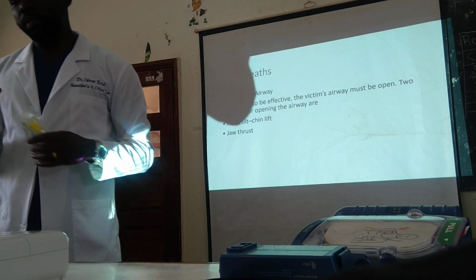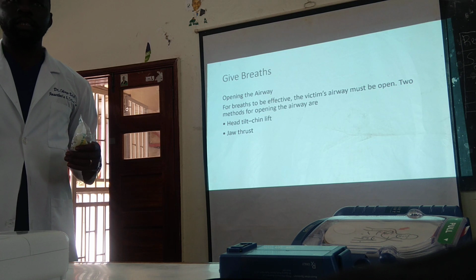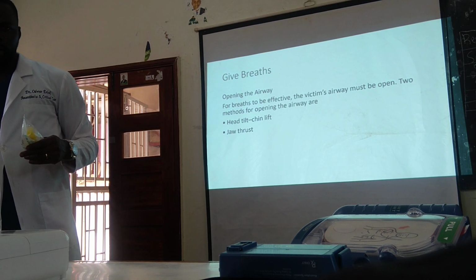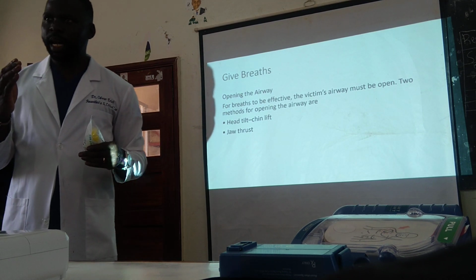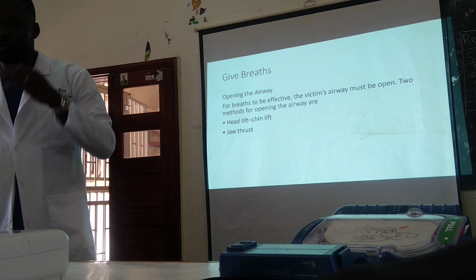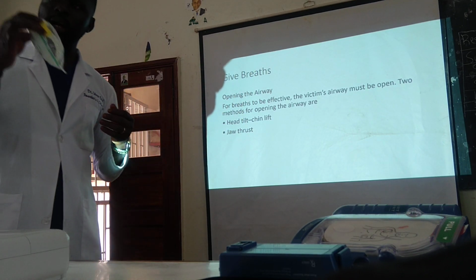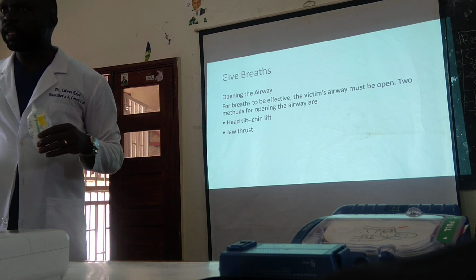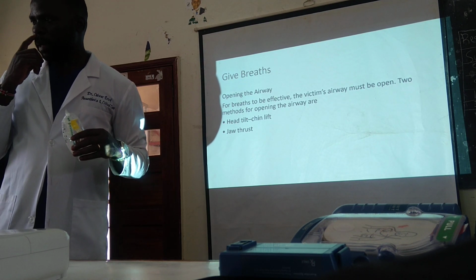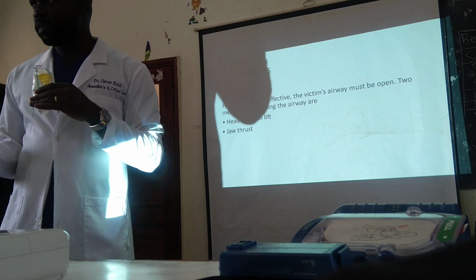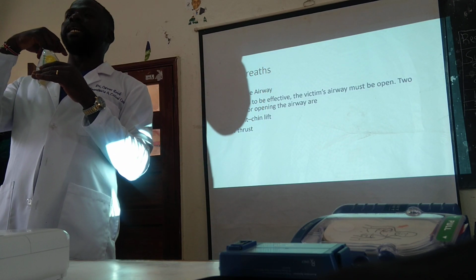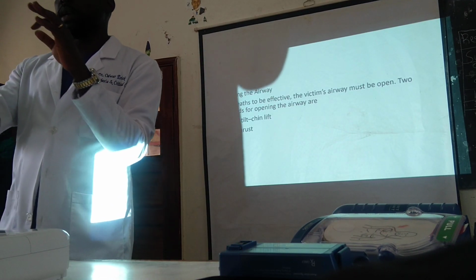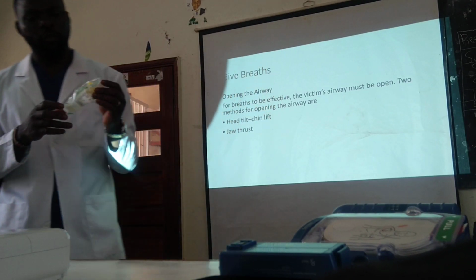But what normally happens, the tongue is the organ that obstructs the airway, right? Now you want to open the airway. And by opening the airway and securing the tongue, you probably need to put this oropharyngeal airway so that it prevents the tongue from falling back and obstructing the airway again. The patient can still be breathing adequately, even the pulse is there, but you're just maintaining the airway. You've already done the head tilt and chin lift, but the tongue can fall back from inside there, even when the head is in that position you have placed. But then you can put this airway equipment and it prevents the tongue from obstructing the airway.